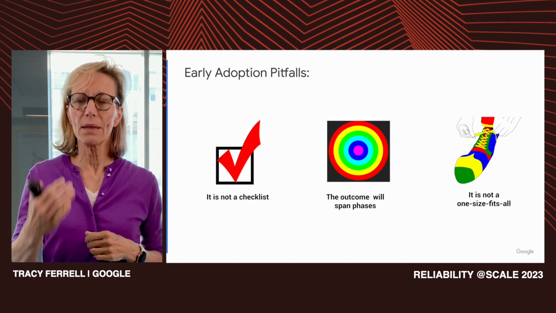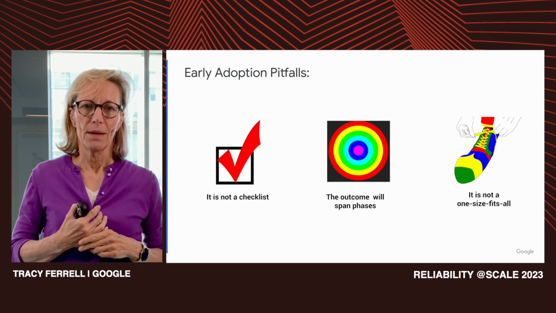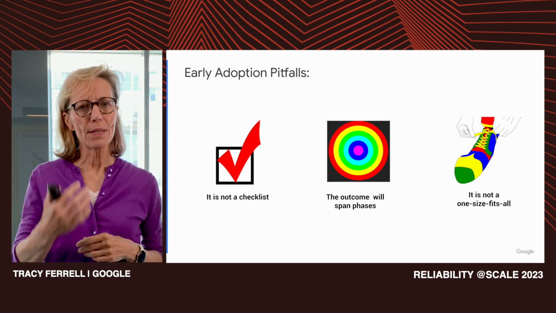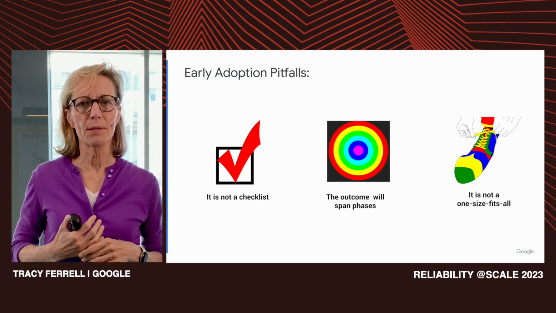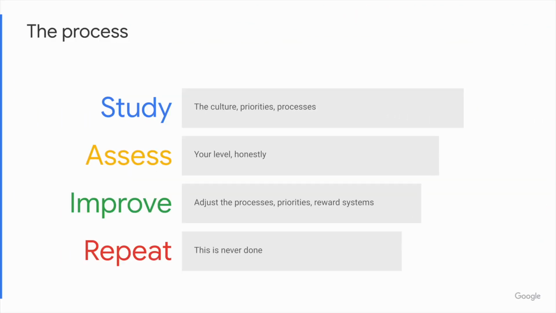Each product should be at a level that is appropriate for its life cycle and user base. So finally, how is it that you could take and apply this model to your organization? Before we wrap up, I'd like to quickly outline the process it takes for an organization to measure its reliability maturity. The process is actually fairly simple.